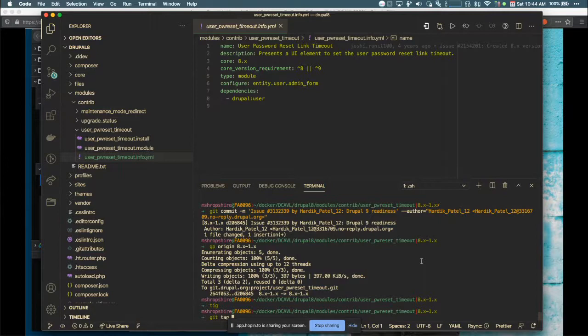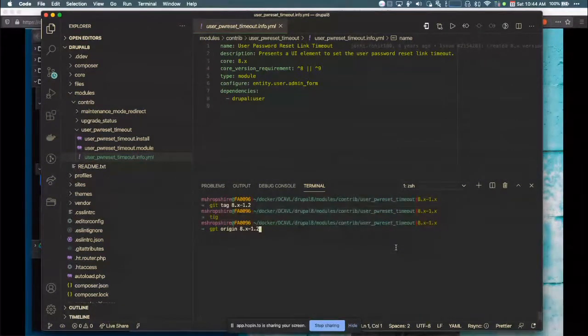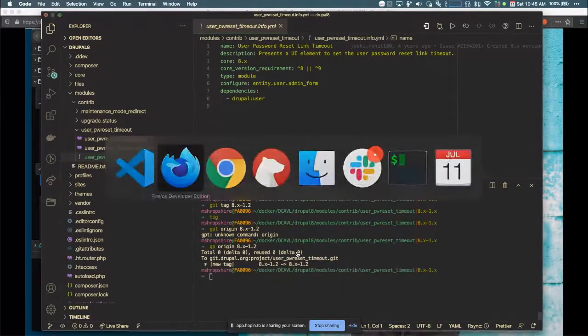And I can see that here with the tag listed in that line, 8.x-1.2. And I'm going to push that tag up. That just means that Drupal.org will have it. I am using some shortcuts. GP is git push. So here we go. So we're pushing up the tag. And here we go. And we're on our last minute here, I think, but we are ready to get this issue released, which is fantastic.